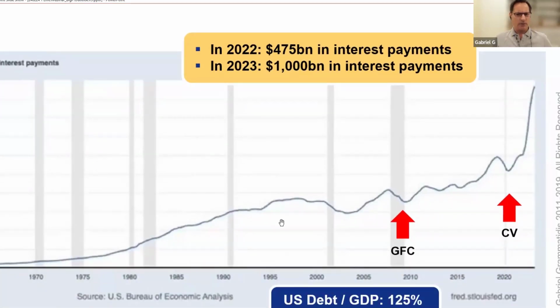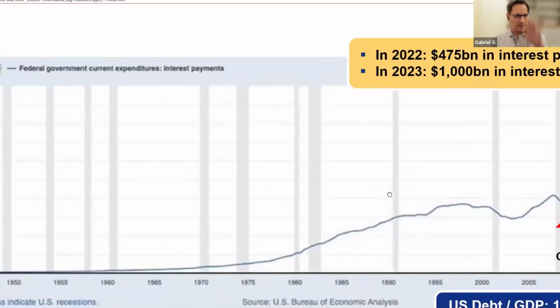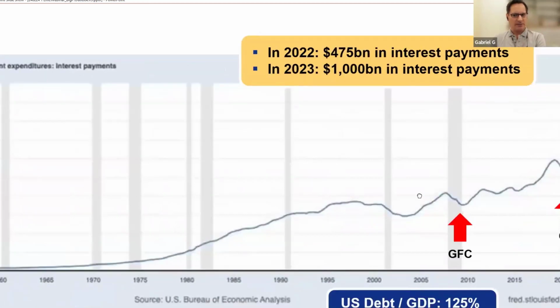Where did the increase come from? It basically started here with the great financial crisis. All of you, I guess, can remember that there was a lot of money printing, quantitative easing going on. So the debt was inflated. However, the yields went down. We even had negative yields. So that basically kept the interest payments that have to be paid low.